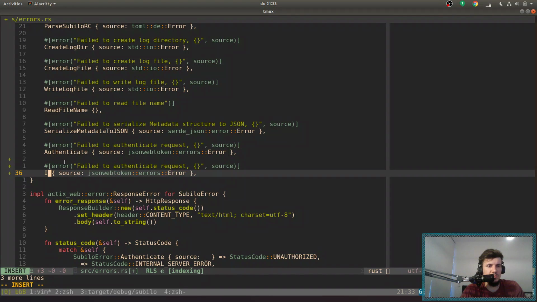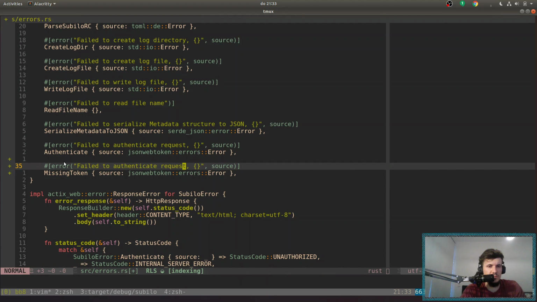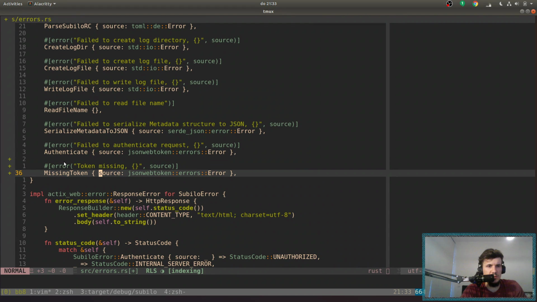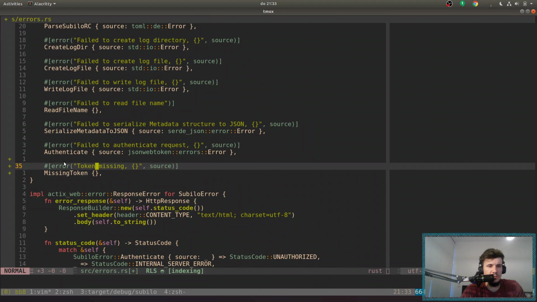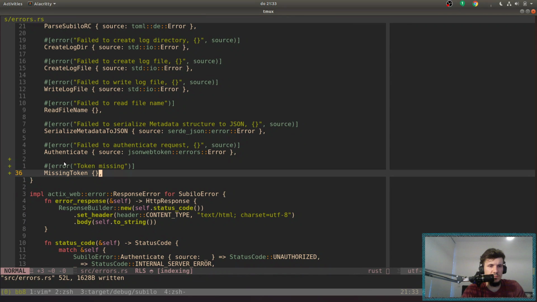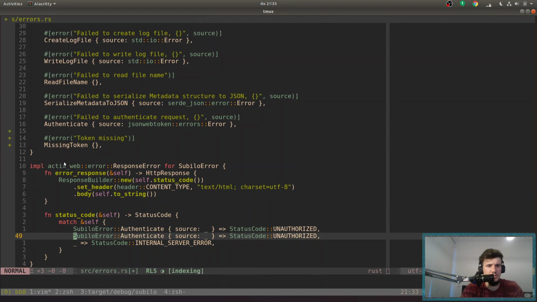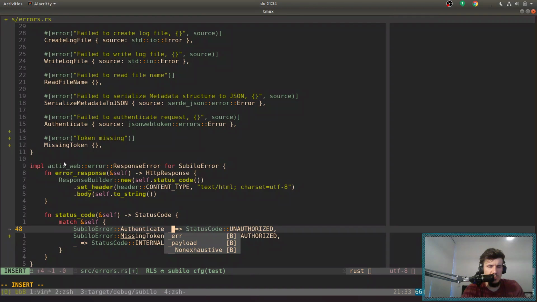Put valid. Token missing. And this is also, it should probably be